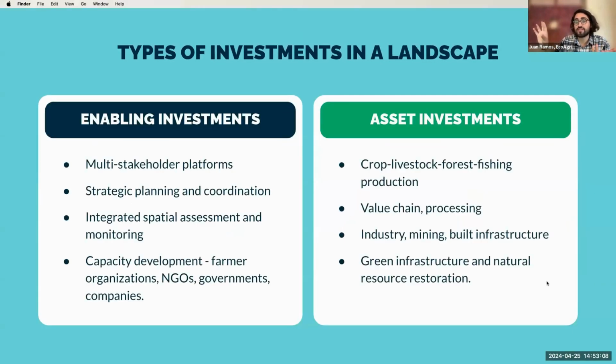You're trying to describe and sequence for everyone in the platform. It's not just for the investors, but also internally, to understand what are the things that we need to fund? What are the things that we need to have? And we've split those into two categories so that it's a bit clear. You have the enabling investments, which is everything related to information, the platform, capacity development, spatial analysis, some sort of monitoring to understand that progress is being made and can be reported on because it's being managed in some way.